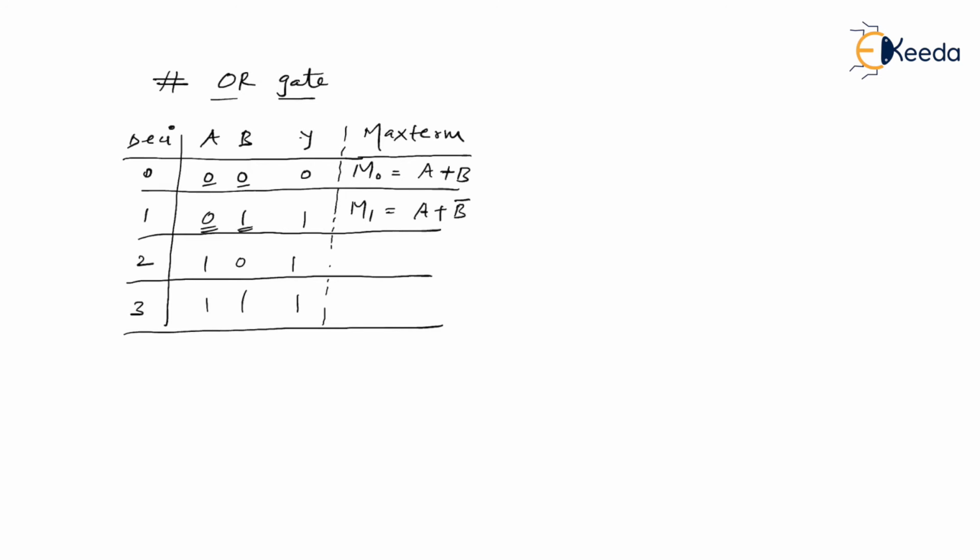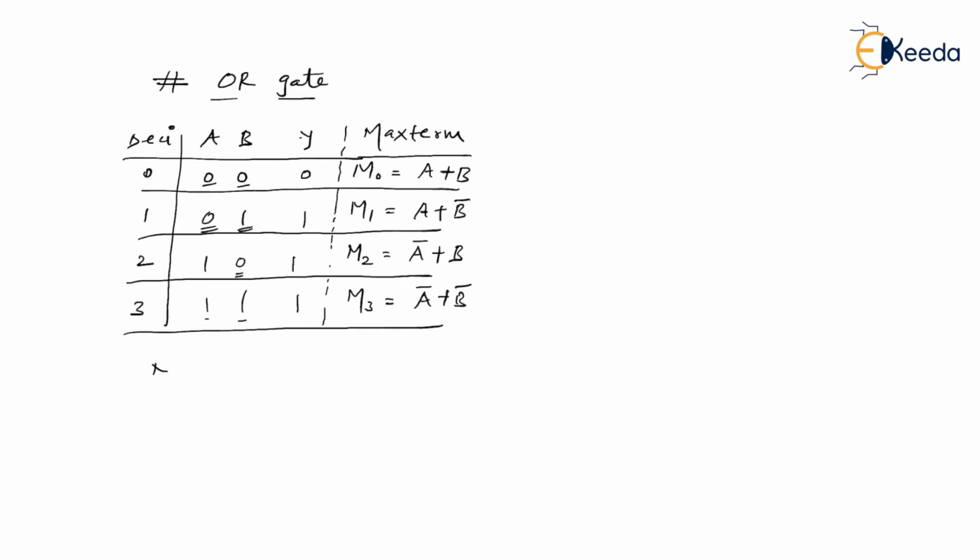And that is my whole aim, if you remember. Then M2, that is maxterm number 2. Since A is 1, I'll get A bar plus, since B is 0, I can write B as it is. And last for M3, that is maxterm number 3, again A is 1, B is 1, I'm going to use A bar plus B bar in order to get sum as 0. I hope you understood that.